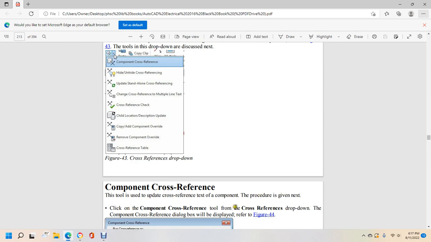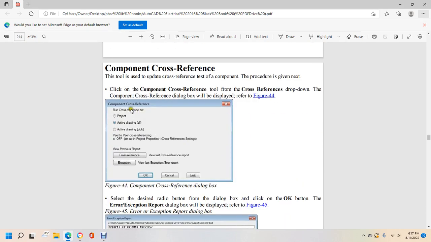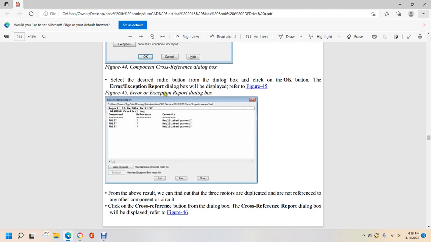The component cross-reference tool in the cross-reference drop-down. The component cross-reference dialog will display. Refer to figure 44. Run cross-reference of project, active drawing, all drawing pick. Peer-to-peer cross-referencing, offset of project, various previous report, cross-reference exemption. Click the desired radio button and click the OK button. The error exemption report dialog will display. Refer to figure 45. This is the error exemption report dialog box, and it shows basically a duplicated